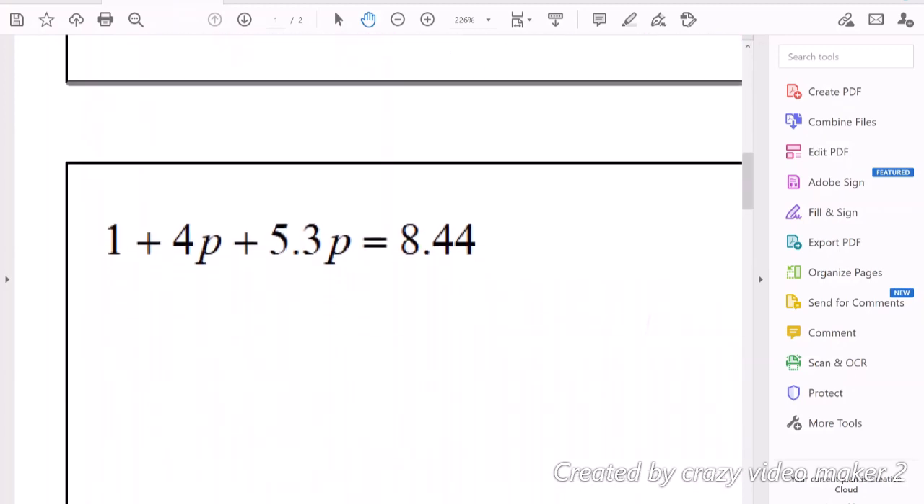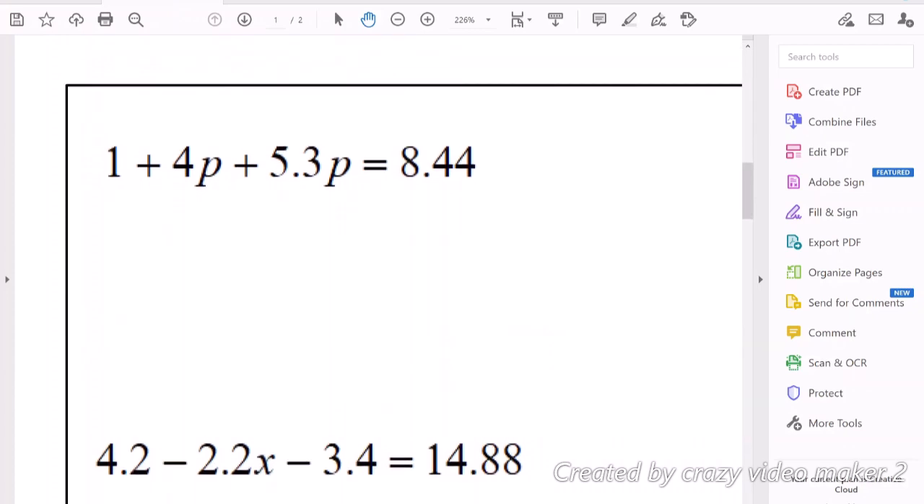Okay, our next example, these next two, they have decimals in them. So you can remember your decimal addition and subtraction rules, how to line those up, or you can use your calculator on this part here just to help you with the decimal pieces. So first thing, I have plus 4p and plus 5.3p. Okay, I need to combine these terms because they both have p in them. So 4 plus 5.3 is going to be 9.3. So I have 1 plus 9.3p equals